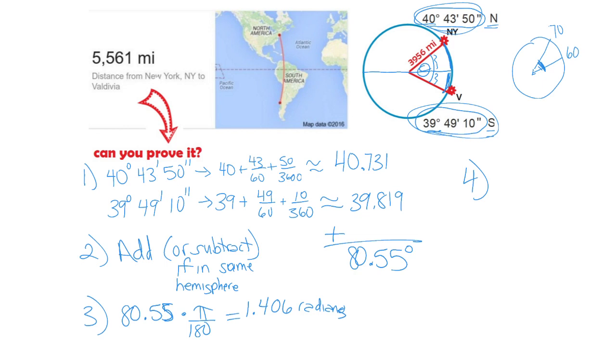Step 4, I'm finally ready to go use my new arc length formula. So S is equal to my radius, which they told me was 3,956. You can see that just in the diagram right here. All right, and then I'm going to multiply it by theta, which is what I just found right here. I would like to use the full values, so I'm going to use that full value that I have in my calculator, and then just take it times the radius, 3,956. And my arc length ends up being 5,000